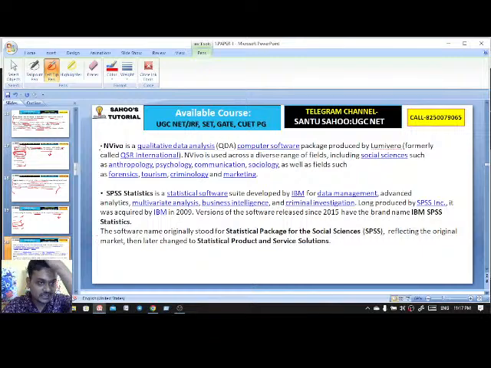You see, NVivo is a qualitative data analysis, QDA, computer software package produced by Lumivero, whereas SPSS is statistical software developed by IBM for data management. Clear?